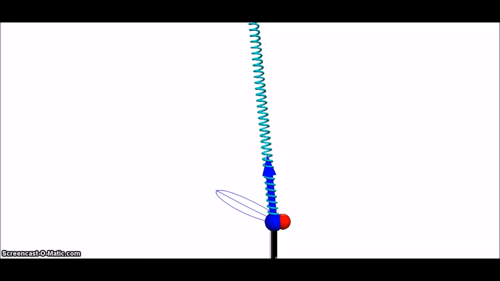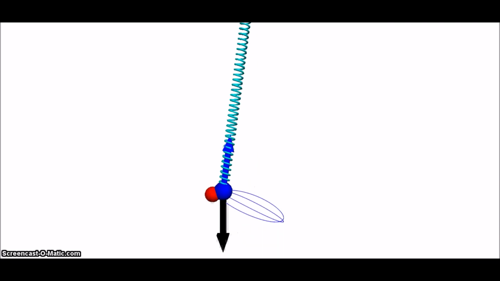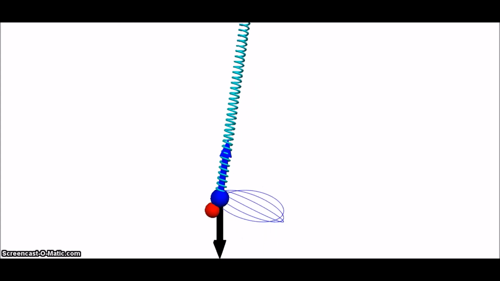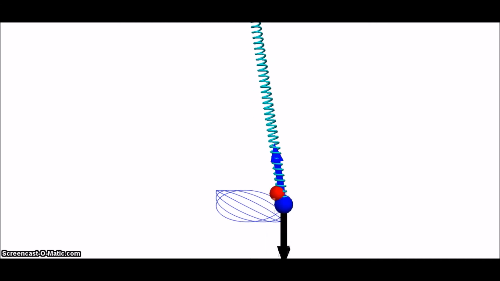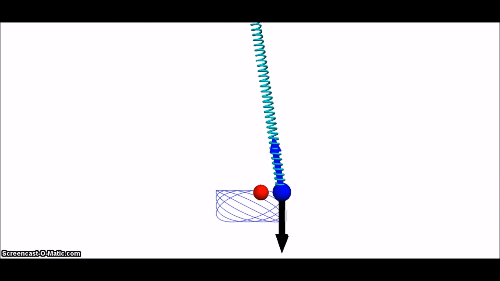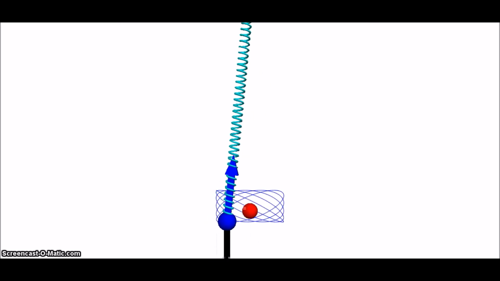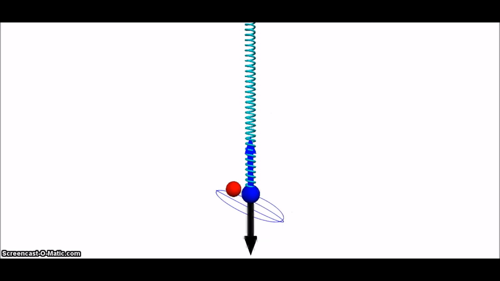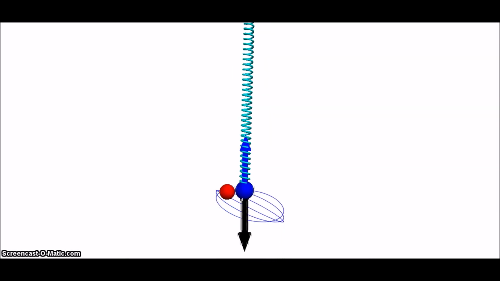The blue arrow is the spring force, the black arrow is the force of gravity, and the blue dot is the predicted motion of the mass. The red dot is the actual motion of the mass. As you can see, the blue dot and the red dot follow each other fairly closely, but get farther apart as time goes on. Some possible errors could be from not accurately clicking the center of the mass, or be